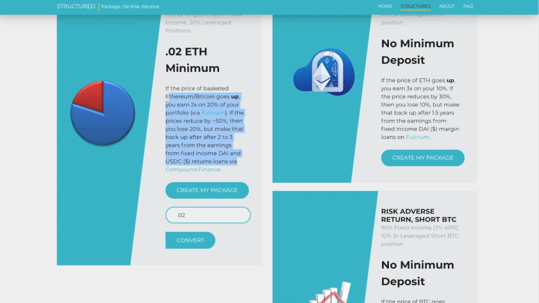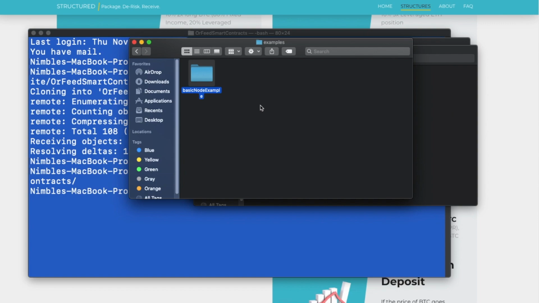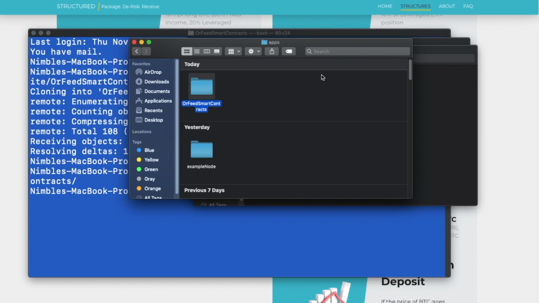All right, so now let's go over and I'm going to look at that clone that I just created. So I said that there's an examples folder. What you're going to want to do with this examples folder is copy it and then take it, and I'm just going to paste that in over here. Examples. I'm going to rename it to something else. I'm going to call this my Node Trade Bot.